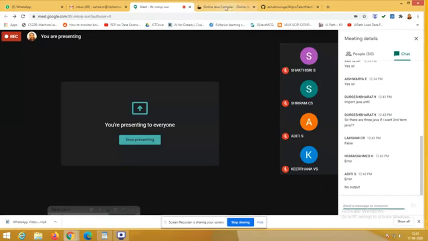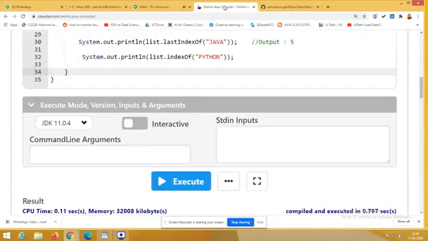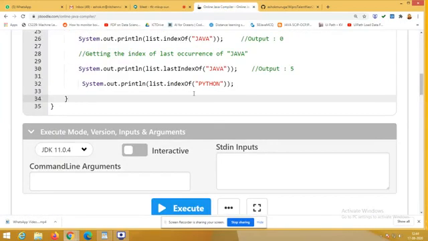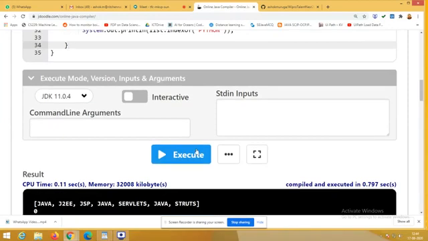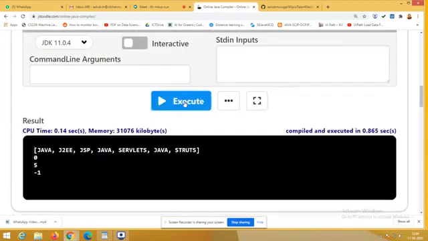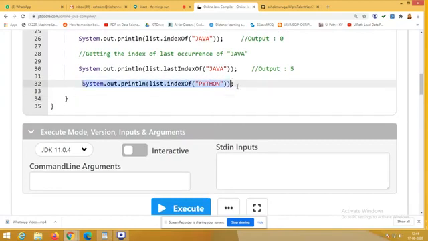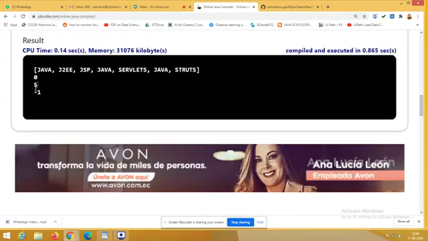Okay, no problem. Let us see. Yes, Durgesh has given the answer. So what will it return? I am searching for Python, which is not available in the list. Execute. See that? Because Python is not available in the given list, here I am searching Python. So what value is it ready to retrieve? It will retrieve -1. Right?